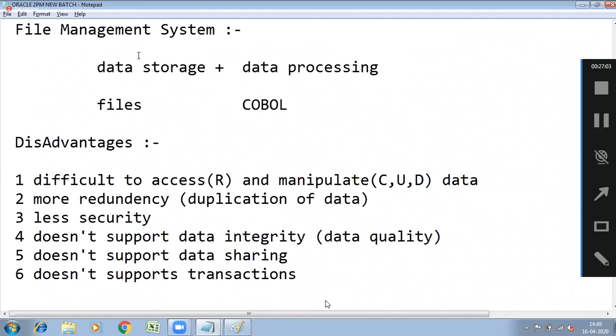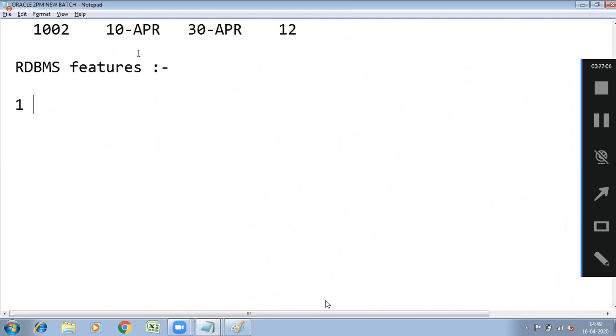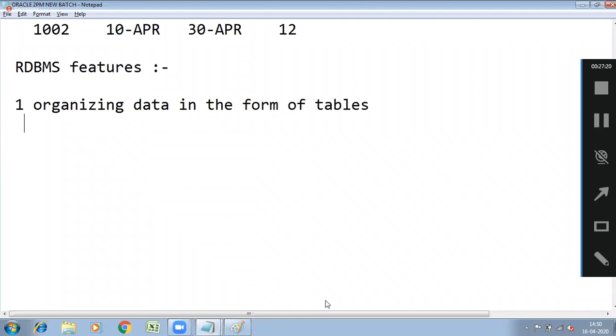The disadvantages of the file management system become the advantages of DBMS. Okay, then storing the data in the form of tables, that is rows and columns.